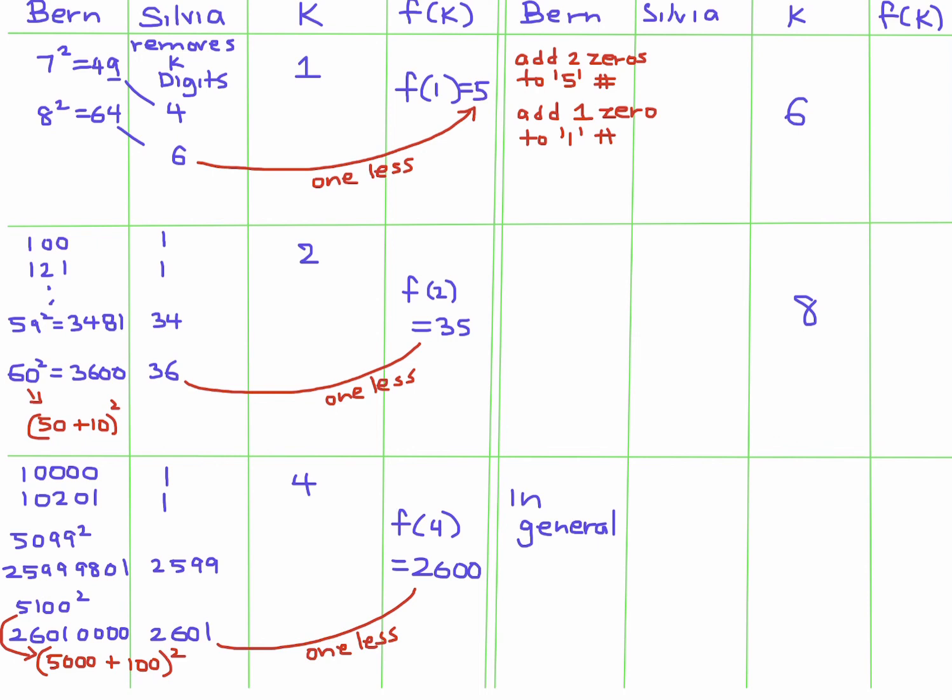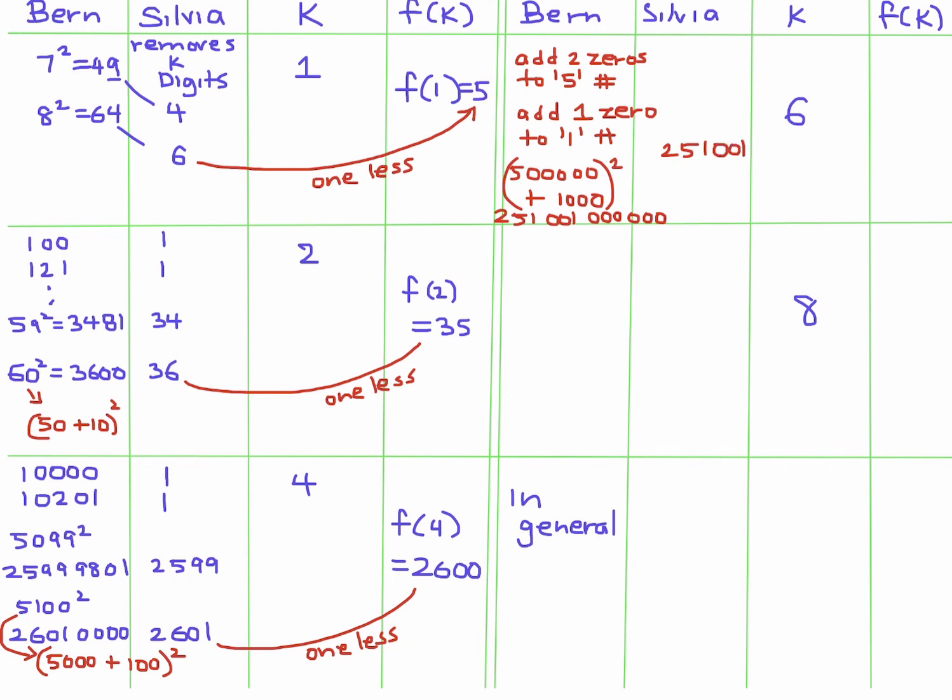So I think that my last perfect square that I got to put into these tables is going to be 5,000, add 2 zeros. So that's going to be 5,000,000 plus 100 plus 1 zero, so 1,000, all squared. And when you expand that monster, you get 251,001,000,000. And remember, you're removing k digits. K in this case is 6. So when you remove those digits, you get